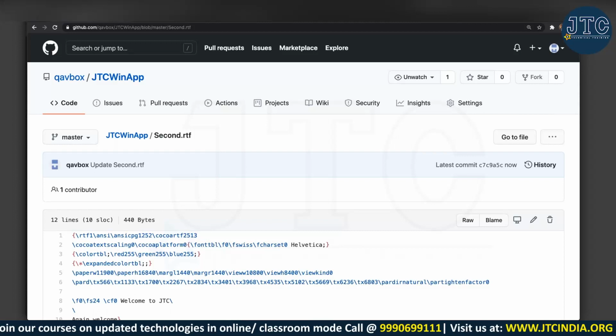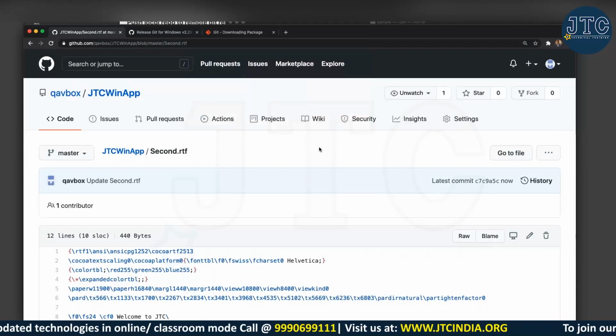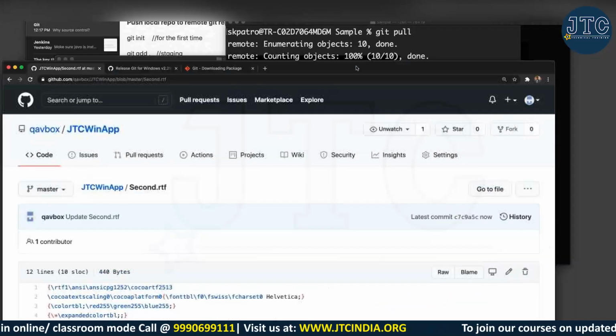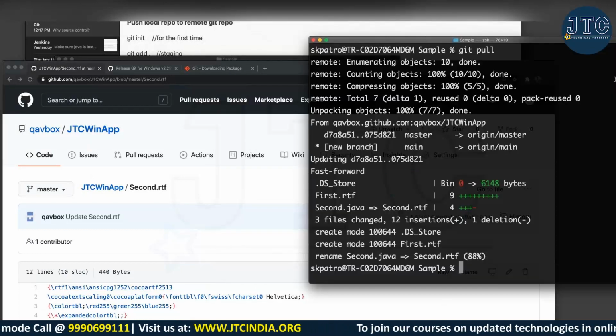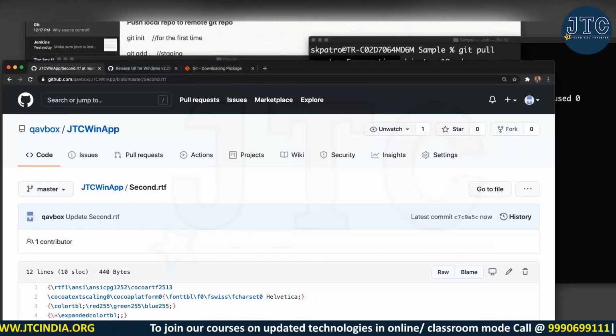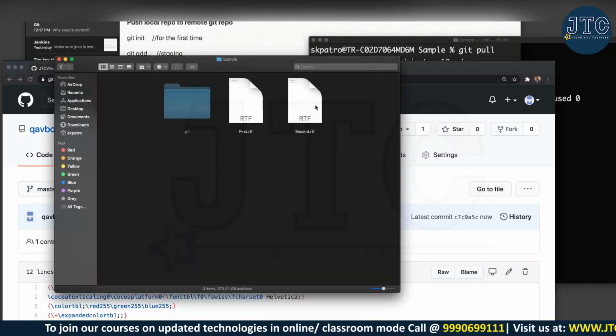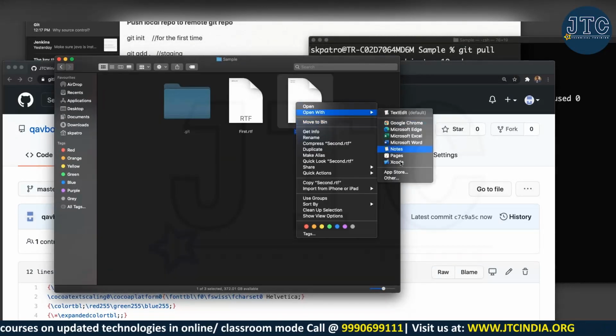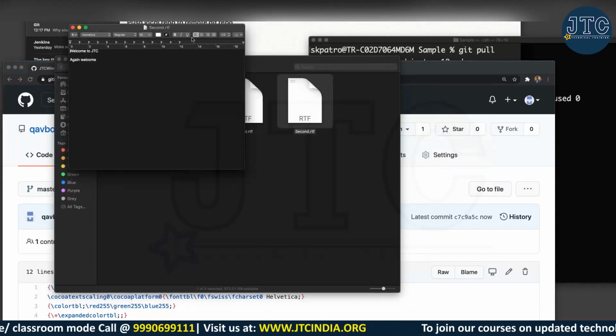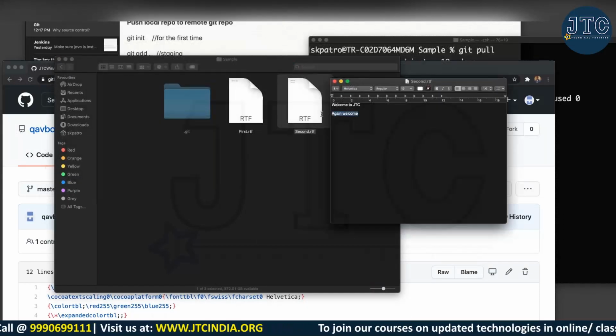Here, see, somebody is writing simultaneously. At the same time I am editing my own stuff, because definitely I will do my own. So this is second.rtf. Now let me open it in a text editor, and you can see only the first welcome is there.